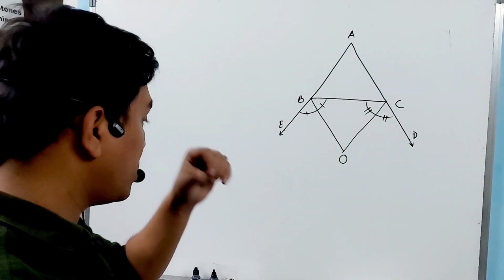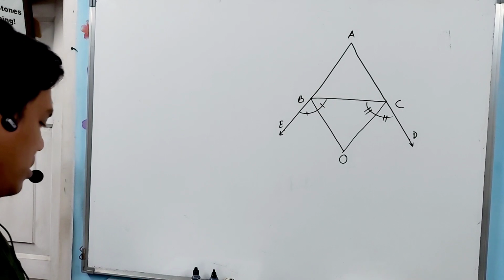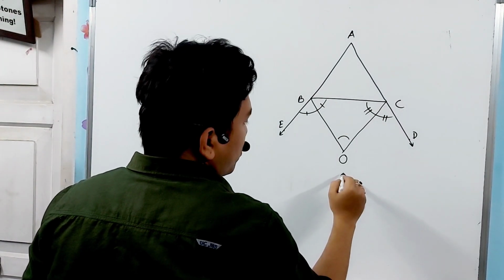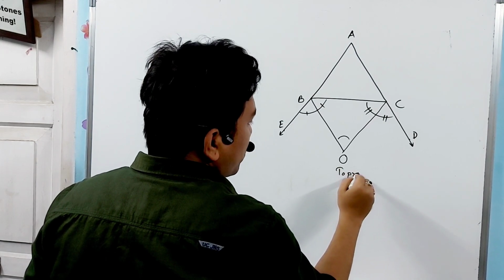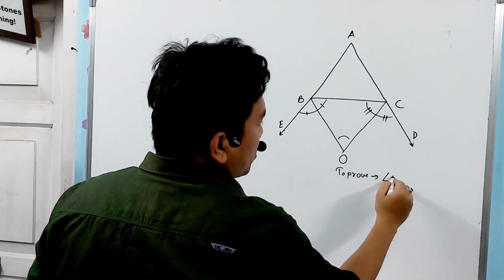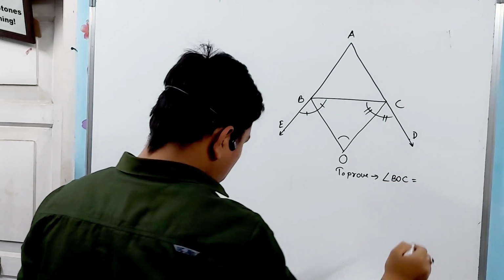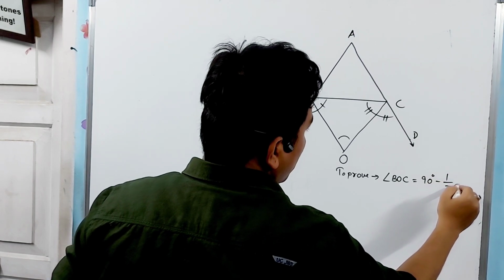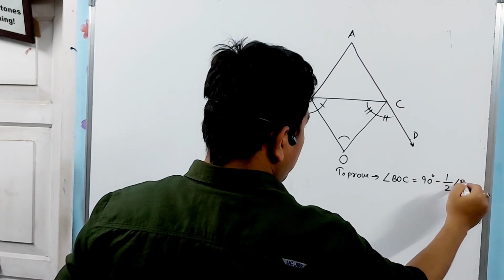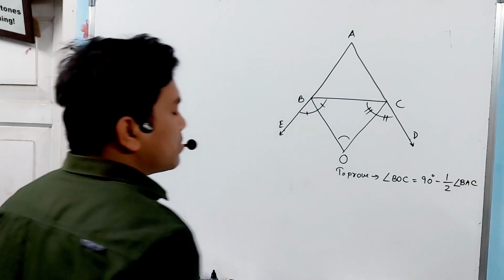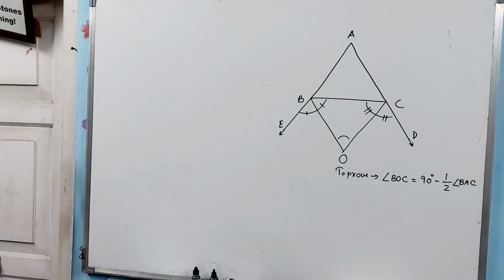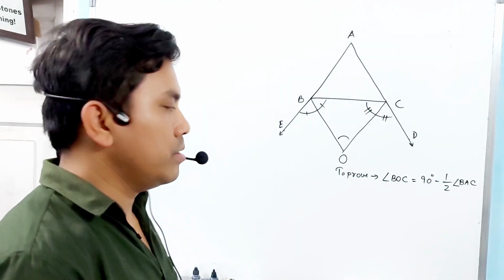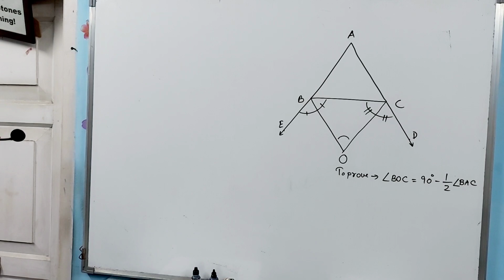Okay, now what we have to prove is that angle BOC is equal to 90 degree minus half angle BAC. Okay, we have to prove that angle BOC is equal to 90 degree minus half angle BAC. All right, now